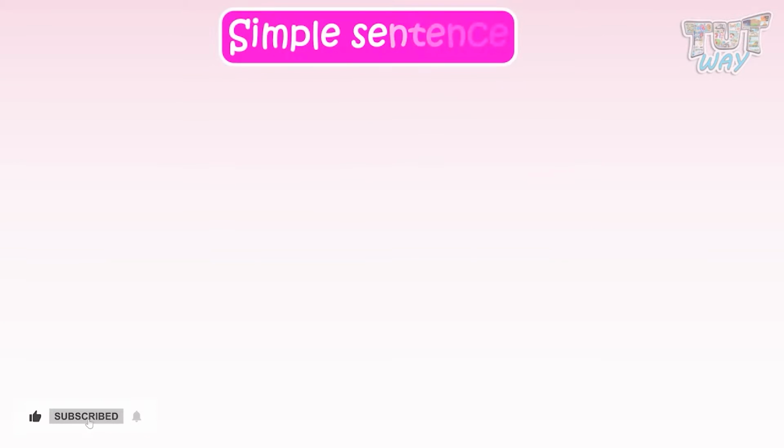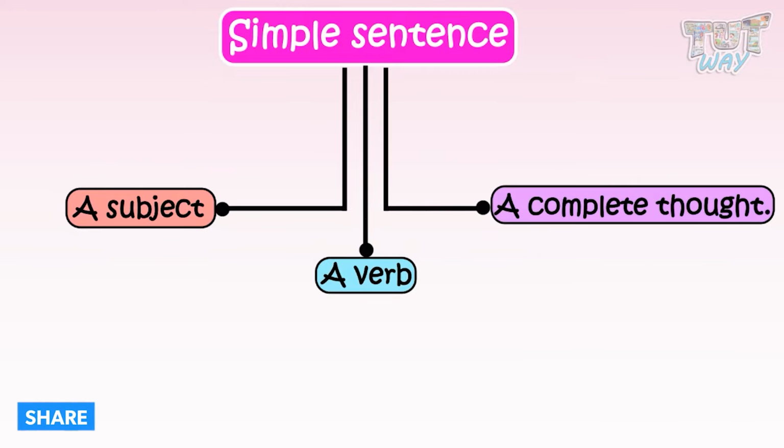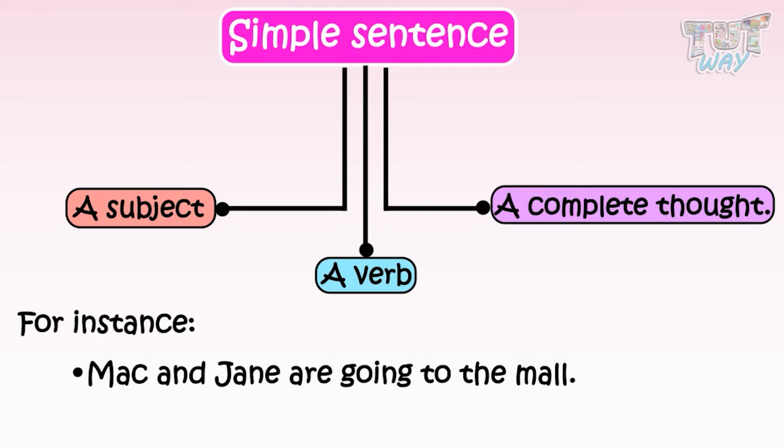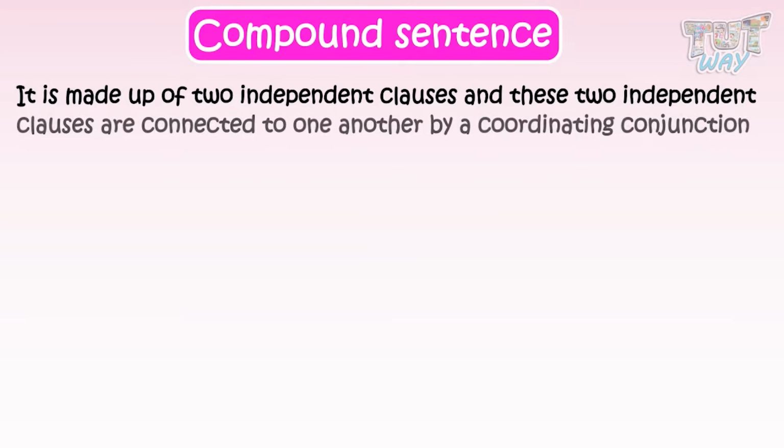A simple sentence contains a subject, a verb, and a complete thought. For instance, Mac and Jane are going to the mall. Liam will get success. On the other hand, a compound sentence is made up of two independent clauses, and these